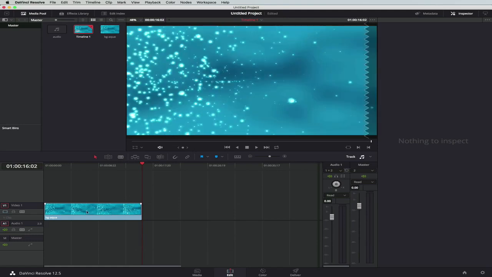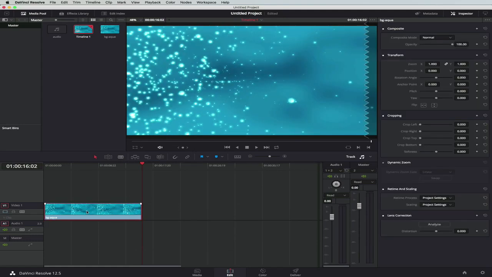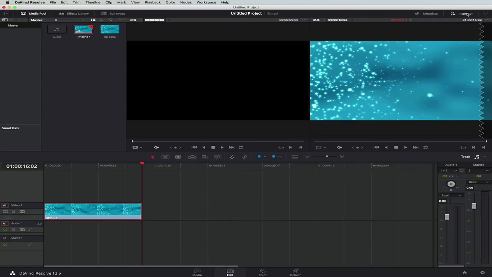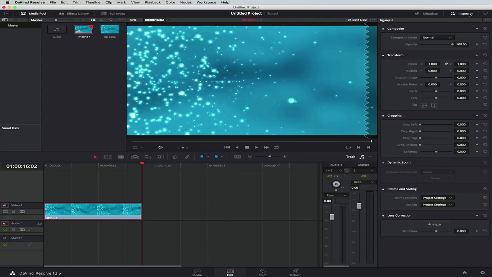As you'll see, we just get to the end and it stops. So what we can do here is if we select the clip, you'll see it comes up in the inspector. And if you've not seen the inspector, that's the inspector button, and this is where we can really play around with the actual clip itself. And these buttons on the side are quite important too, because these allow you to keyframe. And what keyframing